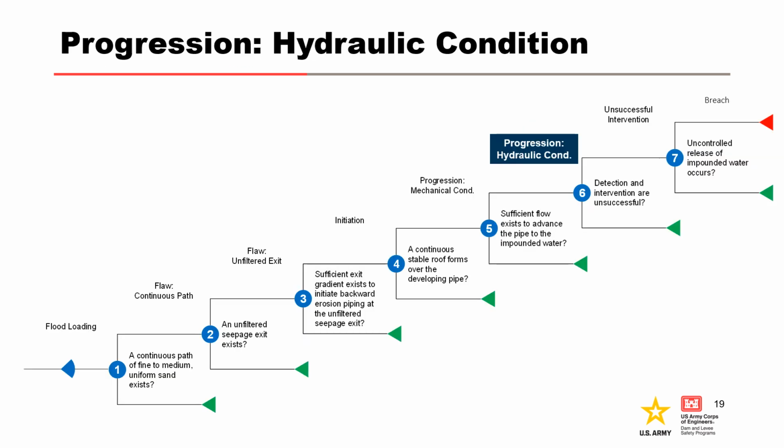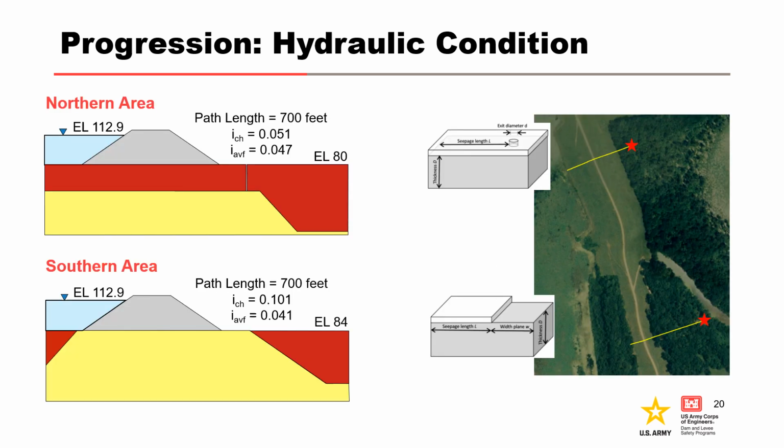The other node in the backward erosion piping event tree affected by the flood fighting efforts is the hydraulic condition for progression. Recall from the first case history presentation that the northern and southern areas contain differing seepage exit conditions. The northern area exhibits a hole type exit through defects in the confining layer, while the southern area contains an